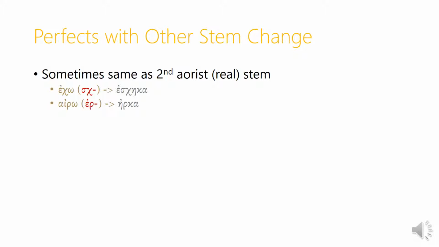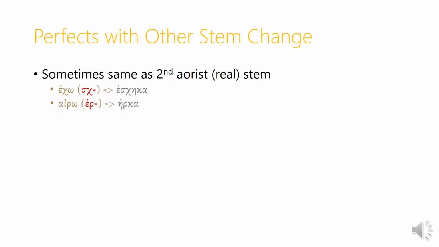That sk stem is the stem we use in the first perfect as well. Here, because it's a double consonant starting the stem, we just add an epsilon instead of full reduplication. But you can see we have the kappa tense marker and the alpha connecting vowel, and the perfect form from echo is eskeka. Similarly with airo, the second aorist stem is